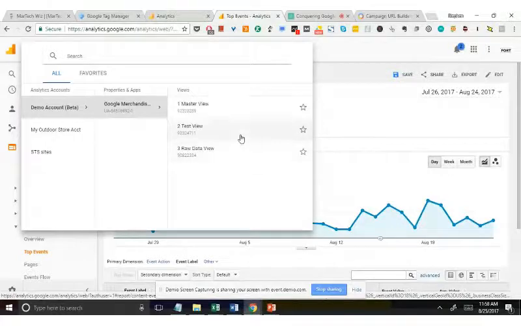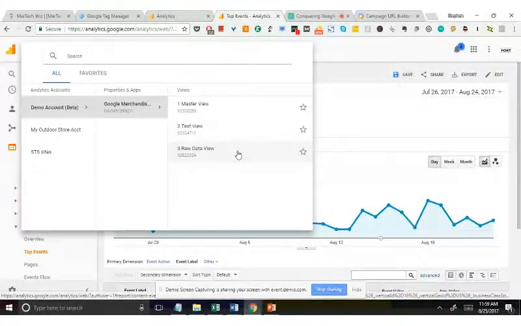You're going to want to set that up for yourself. The master view would be your main view. This is with filtered data, your customizations. But if you filter things out for your master view, that might be great for your master view, but you also want a raw data view with no filters, because if you filter something out and